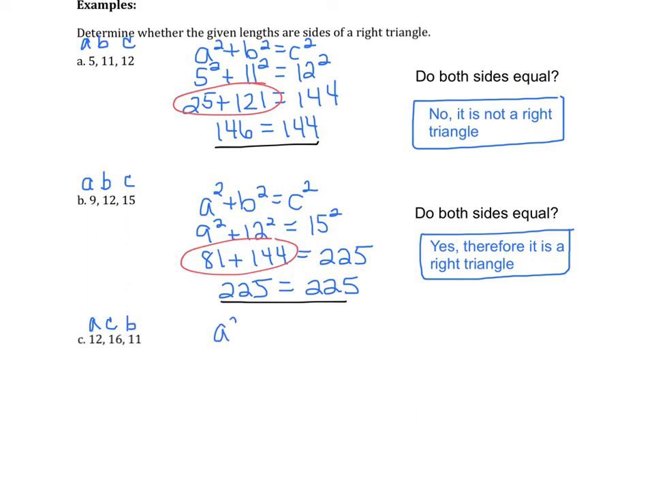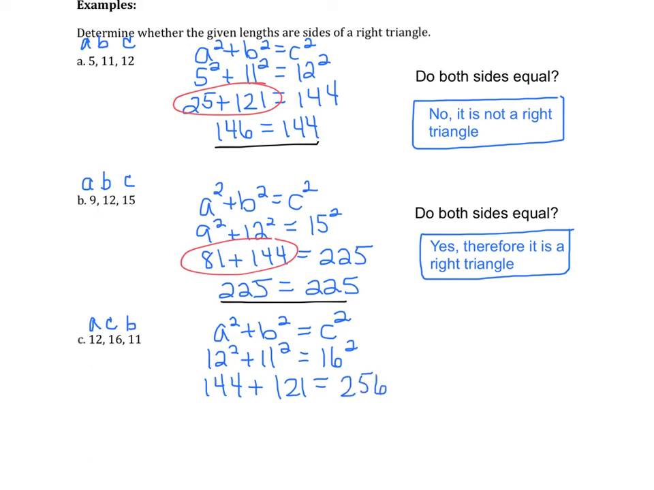So let's write our Pythagorean theorem, a squared plus b squared equals c squared. Our a we label as 12 squared, plus our b is 11, so plus 11 squared equals our c, which is 16 squared. 12 squared is going to give us 144, plus 11 squared is 121, and that's going to equal 16 squared. 16 times 16 is 256. So now we're going to add 144 plus 121. You get 265